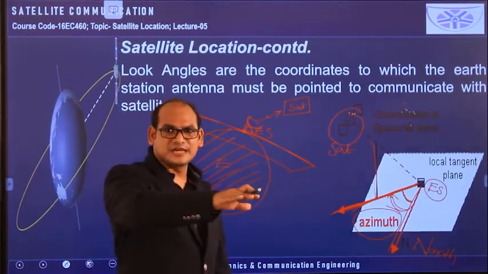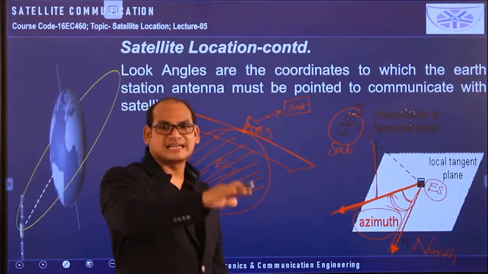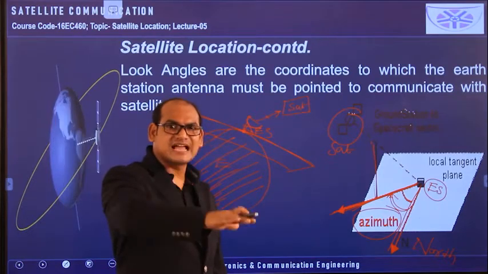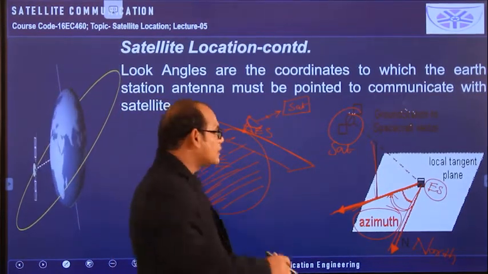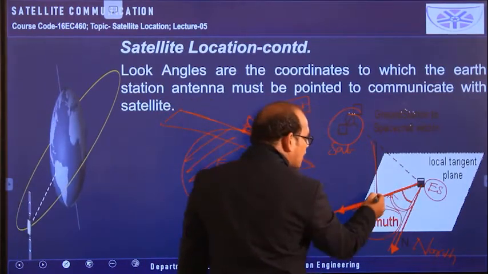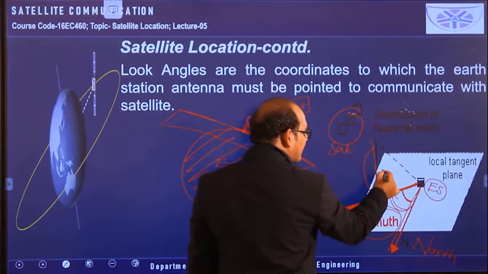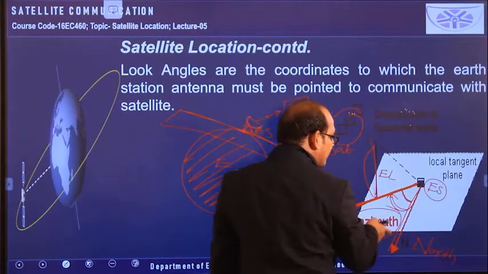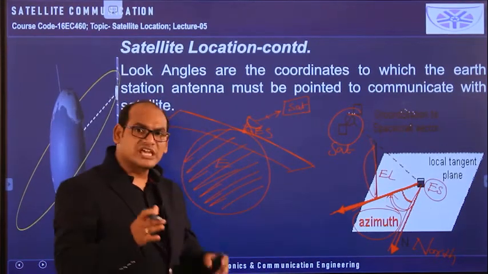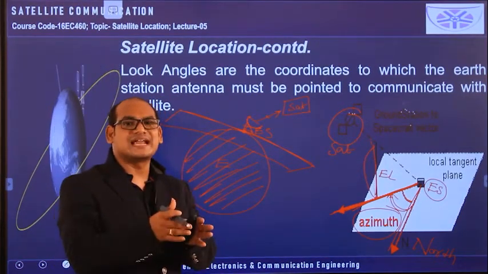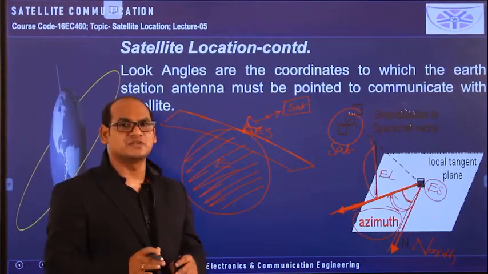So after reaching this much angle on the local horizontal plane, we have to look towards the satellite. This elevation angle is required in order to orient our earth station antenna towards the satellite. From this position we have to look upside, wherever the satellite is, and this angle is given by the elevation angle. By having these two, azimuthal angle and elevation angle, we can keep our earth station antenna toward the satellite to have the maximum power transfer or maximum signal transmission between those two.